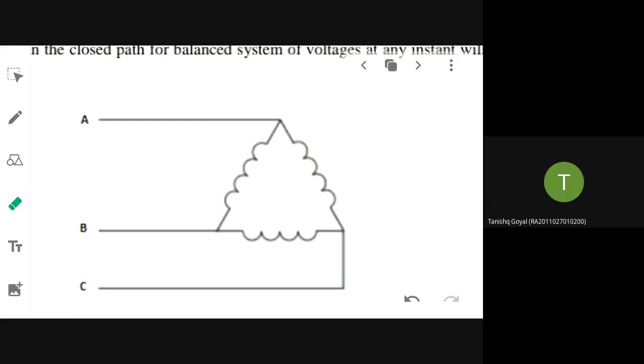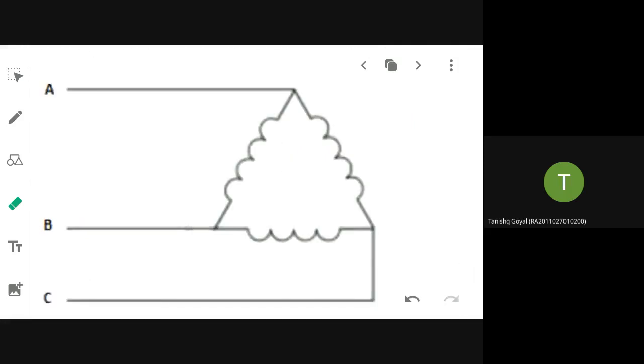Okay. So you have understood what is delta connection. How will you give delta connection? You have to connect all the three phases end to end. Excuse me, ma'am. But in delta connection, we can't connect the neutral wire. It's not possible, neutral.